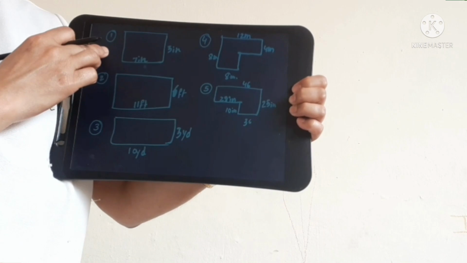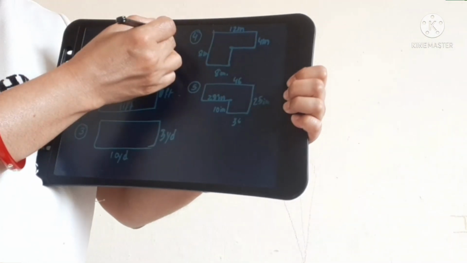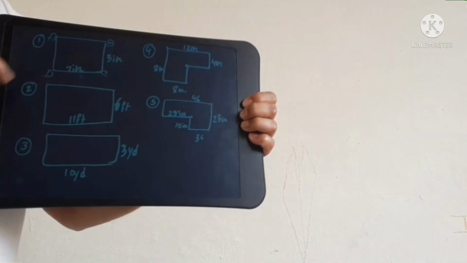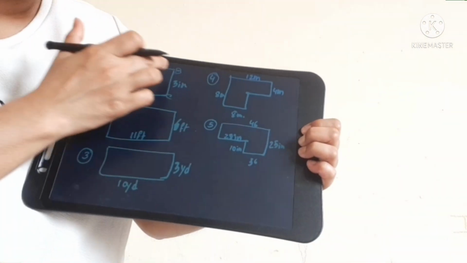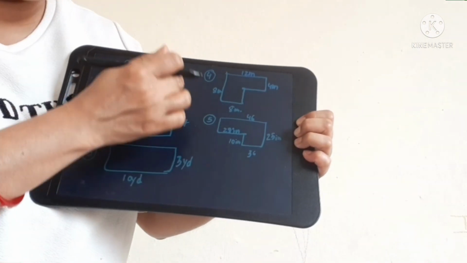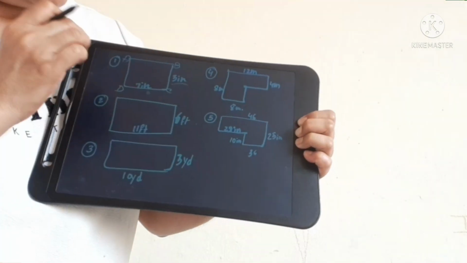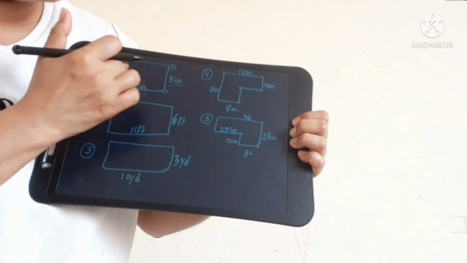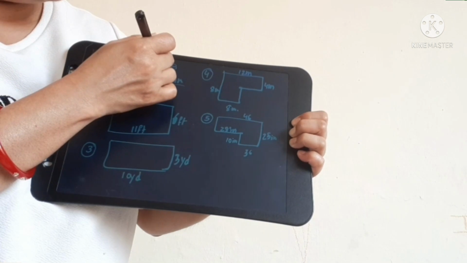So first one, how can we do it? See, suppose I have written A, B, C, D. These 4 lines are there. The length of A to B I don't know. B to C is 3 inches and D to C is 7 inches. In a rectangle we know if one side is 3 inches, the opposite side should also be 3 inches. If this is 7 inches, the opposite should be 7 inches.